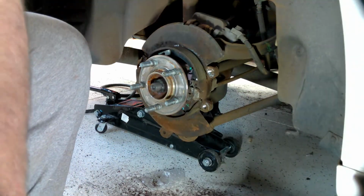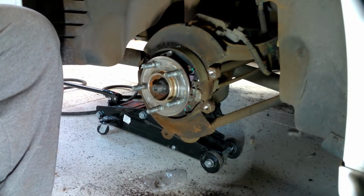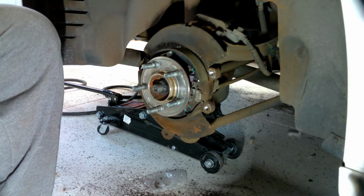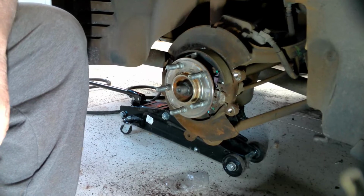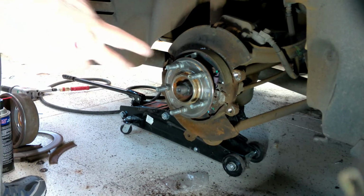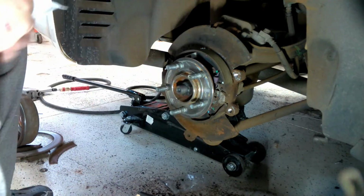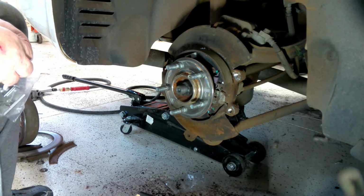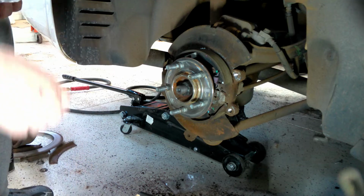So once again, everybody needs to be careful about who they let work on their car. Granted, you could see the disc actually separated when I took the wheel off, and I didn't look at it when I was putting it together, but that tells you that someone somewhere wasn't doing the job that they were supposed to. So just a word of advice for all of you who say, oh yeah, the dealer's going to do the best job. Well, in this case, somebody dropped the ball,